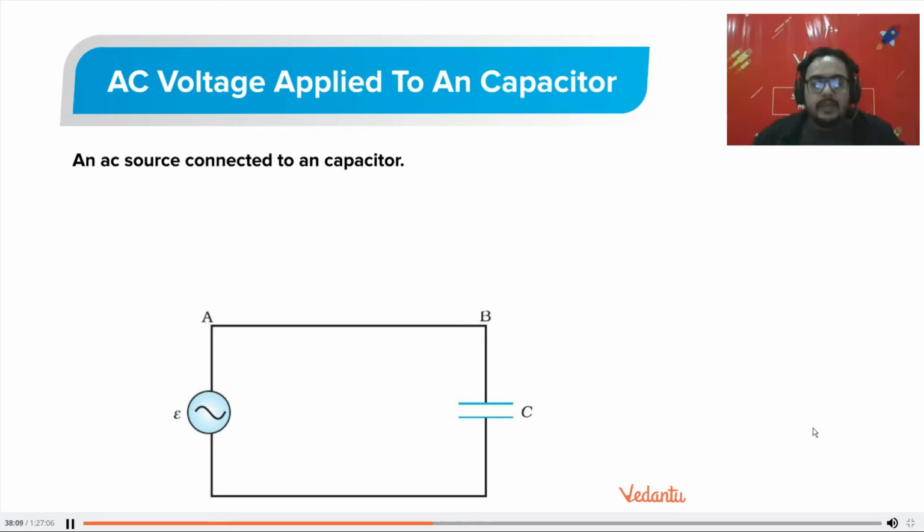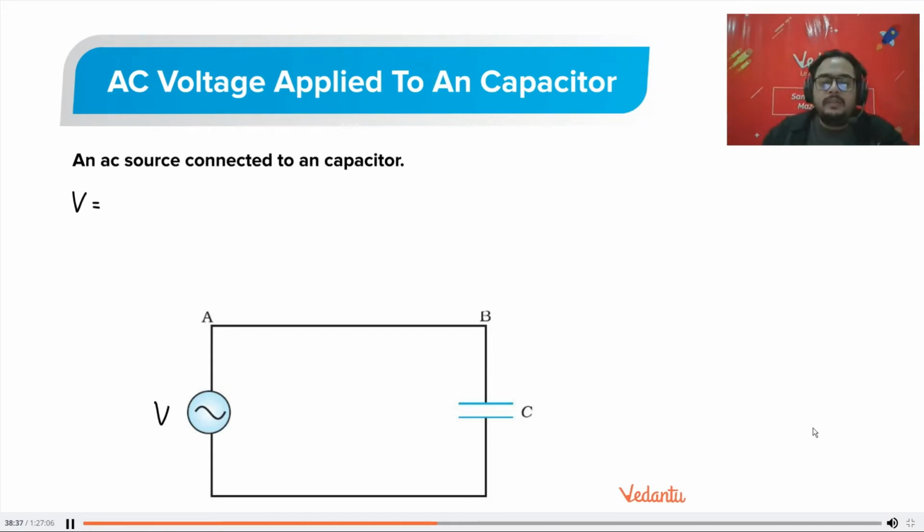Now we apply the voltage across a capacitor. So we have applied voltage across a resistor. What happened in resistor? Current and voltage in same phase. Then we applied across inductor. What happened in inductor? Voltage leads the current by 90 degree. Now I am applying the same voltage across a capacitor. Okay, you will get capacitive reactance. Yes, Ria. Very simple chapter it is.